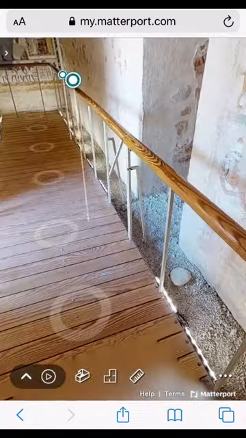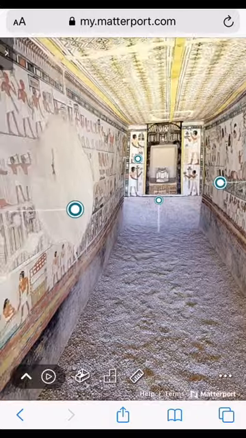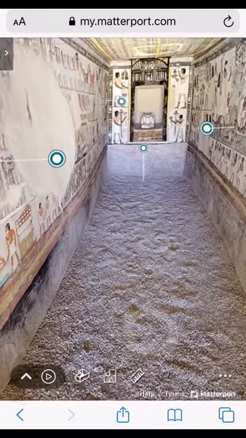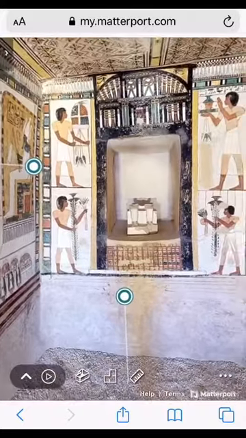For a second, I thought that we weren't able to travel through this part, but you are. So when I first came in here, I was like, oh, can we actually go by that? Because there's a little railing, but you can, because it's virtual, so we can go where we want. And they have